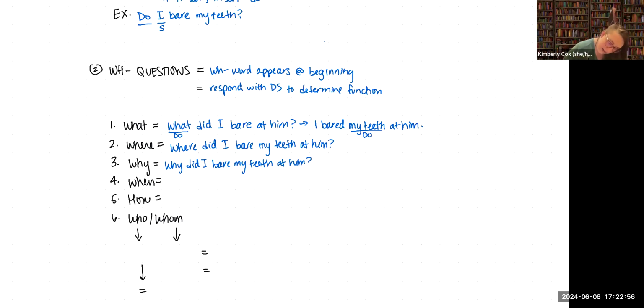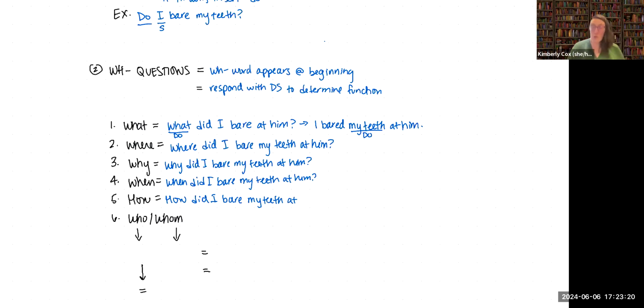"When did I bare my teeth at him?" "How did I bare my teeth at him?" I'm going to pause there for a second because one of the things you're going to notice